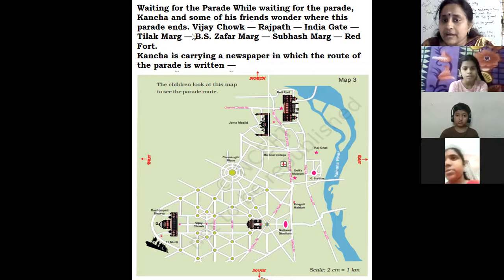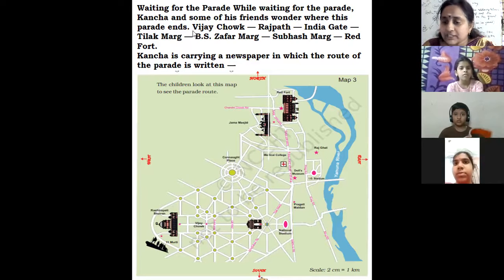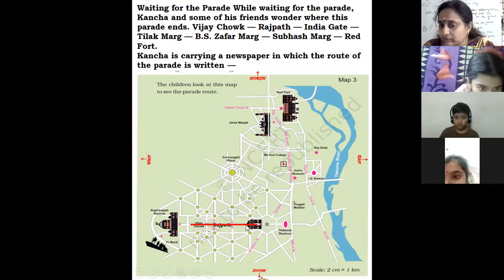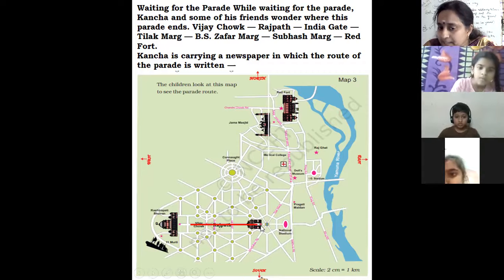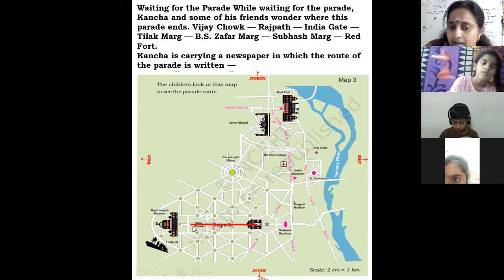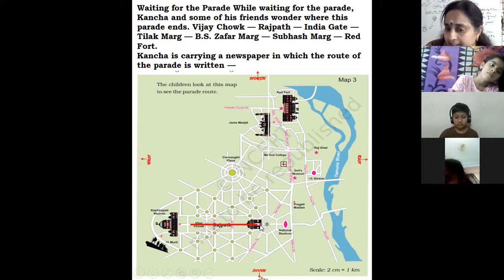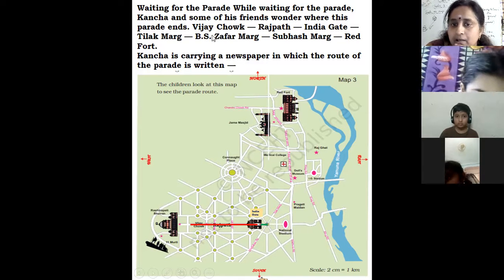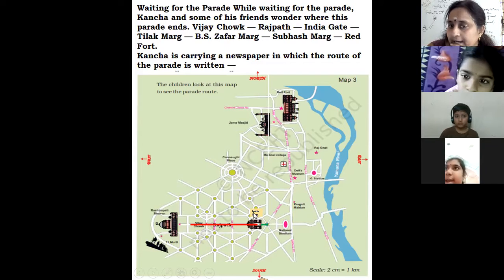Where will it start from? It will start from Vijay Chowk. Here I am showing the ways. Check it. So this is Vijay Chowk to India Gate. India Gate is here, can you see the pink color bubble there? Up to here. So this is Vijay Chowk to India Gate, the route, Rajpath. So up to here, India Gate completed.